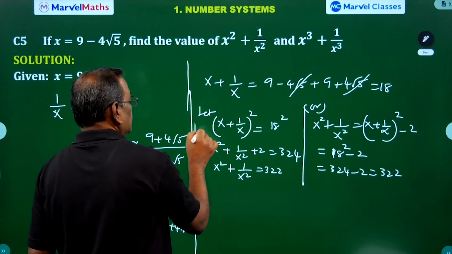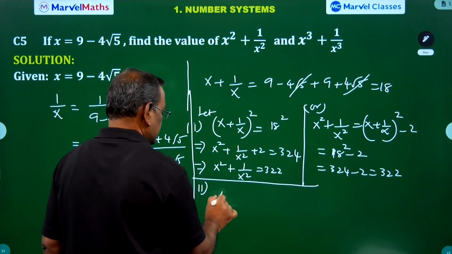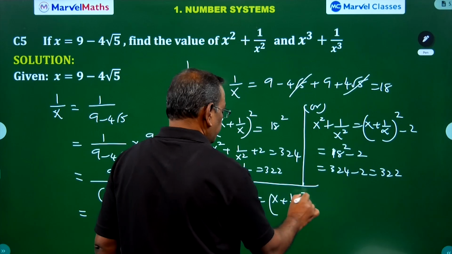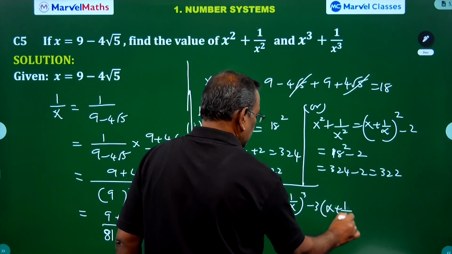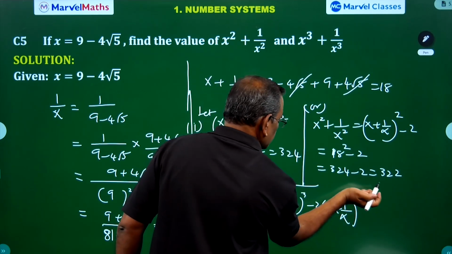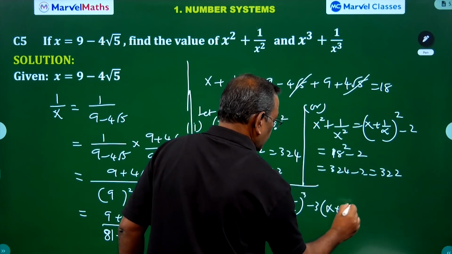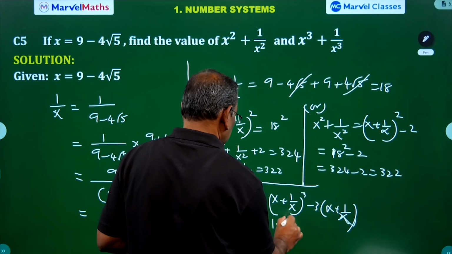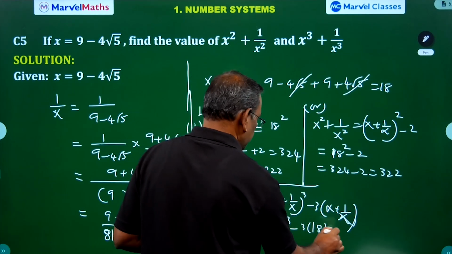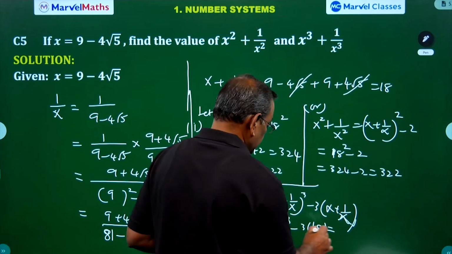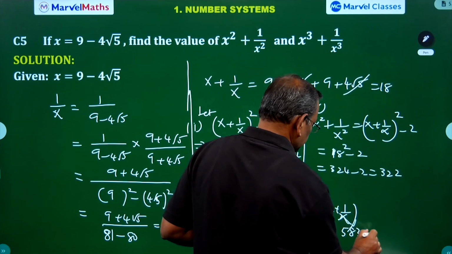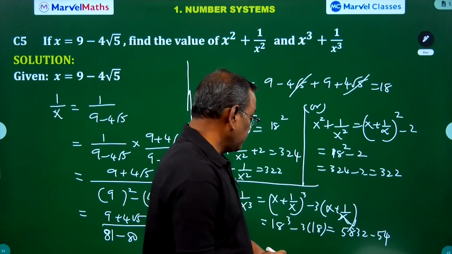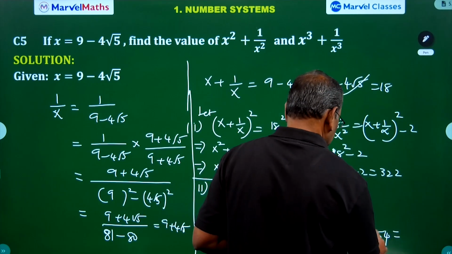Now similarly apply second case. This is first case, second case. So what is the second case? X cube plus 1 by x cube is x plus 1 by x the whole cube minus 3 into x plus 1 by x. These are all the repeated expressions we can use for evaluation. So what is x cube plus 1 by x cube? This is 18 cube minus 3 into 18, and 18 cube is 5832 minus 3 into 18, 54. So if you subtract this, which is equal to